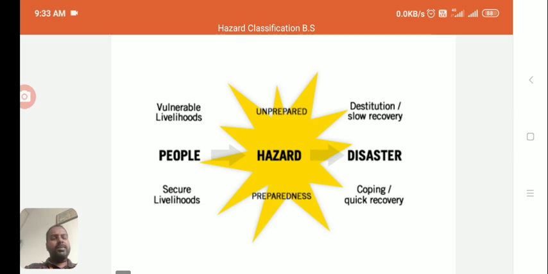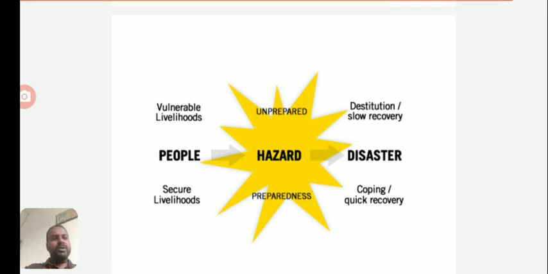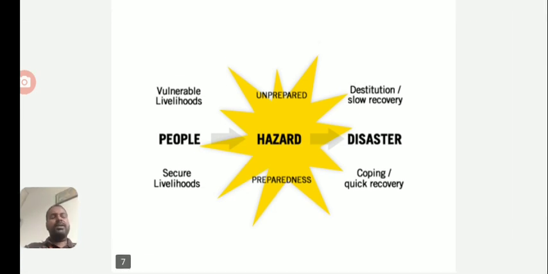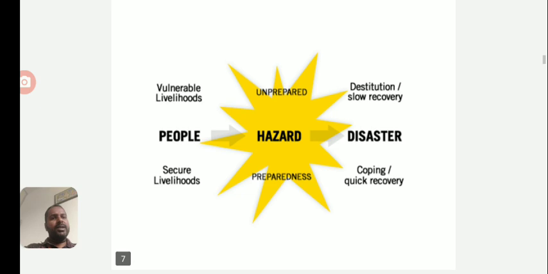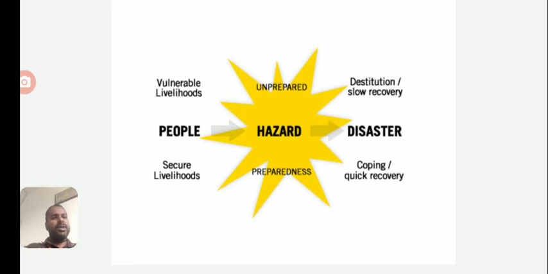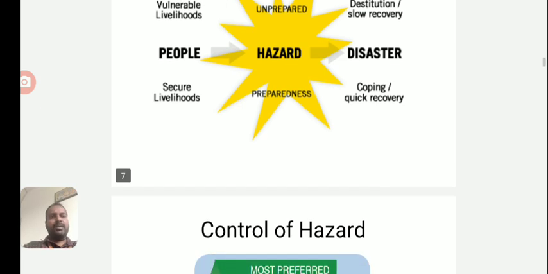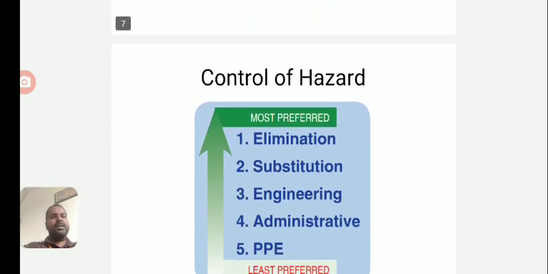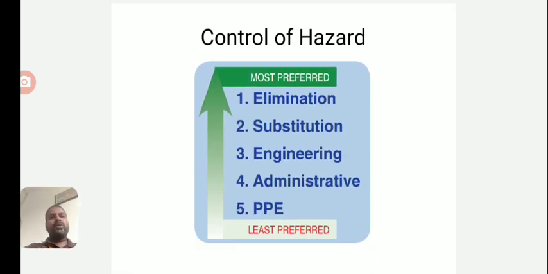This small picture shows the hazard and disaster, and the category of occupying the risk. First the hazard, then it comes to the right side as disaster. That will be natural or man-made. Two things are affected: only the living things or other objects, etc. The next heading is going to discuss the control of hazards.